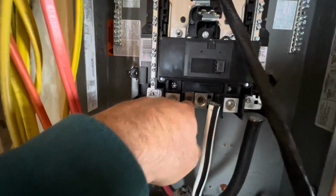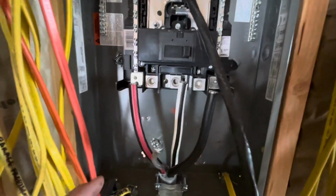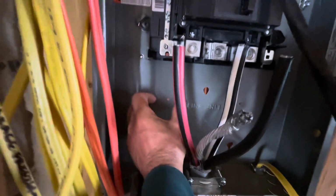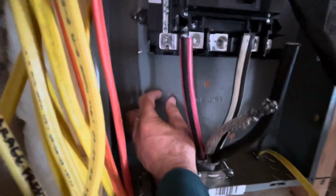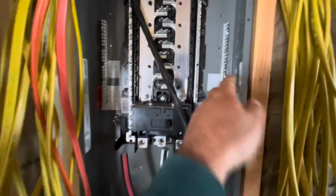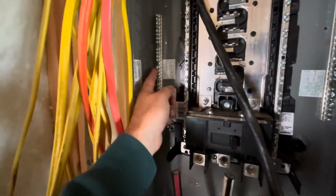So at the advice of somebody else, I bought a bigger lug, and it will mount onto a grounding bar. I think I can mount a small grounding bar down here, with that big lug on it, and put it in there, but I'm gonna ask an electrician first. But in the meantime, I'm gonna hold off on this, and I've installed two 23 slot grounding bars, and I